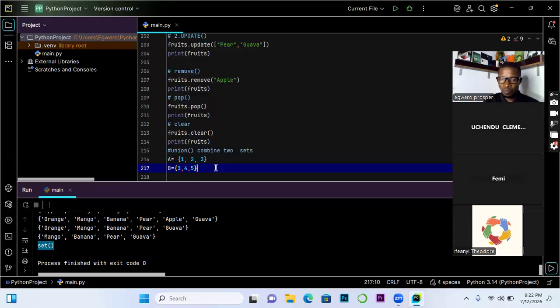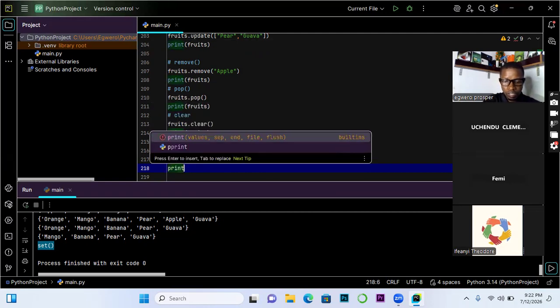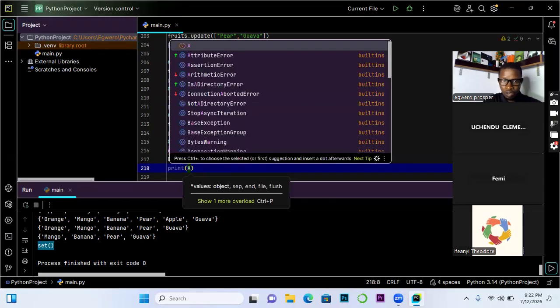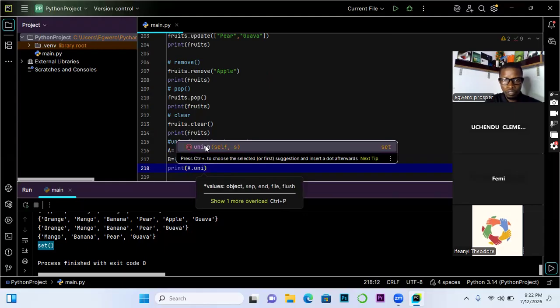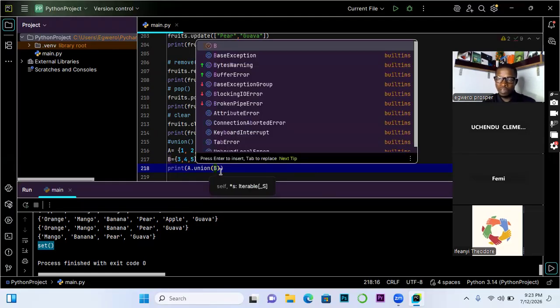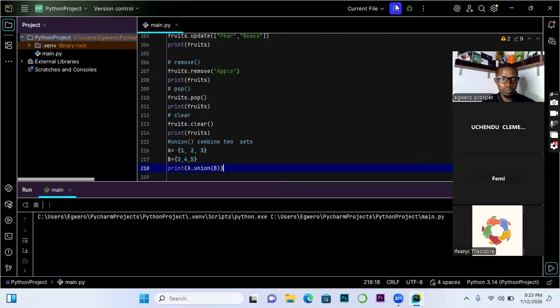Just an example. So if you want to put them together, we are going to say print set A dot union, then the other set you are joining with, B. Which means the values of B are coming to merge with the values of A. So if I run it, you see what it prints out.